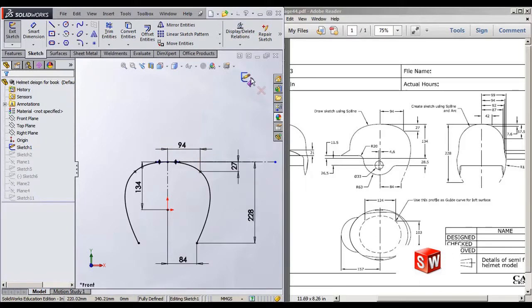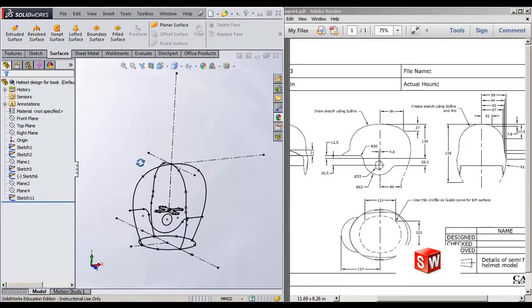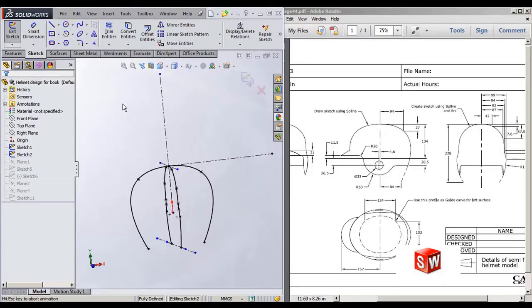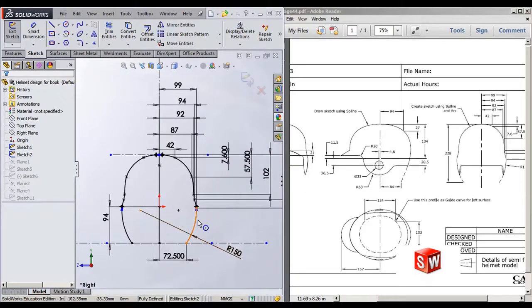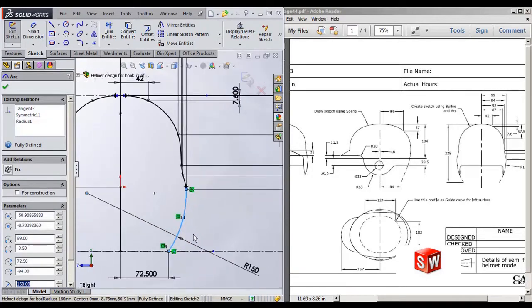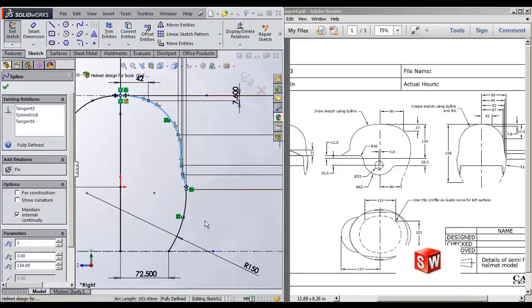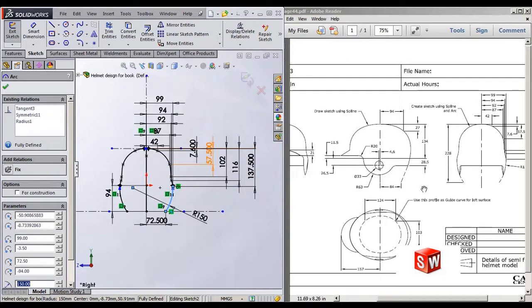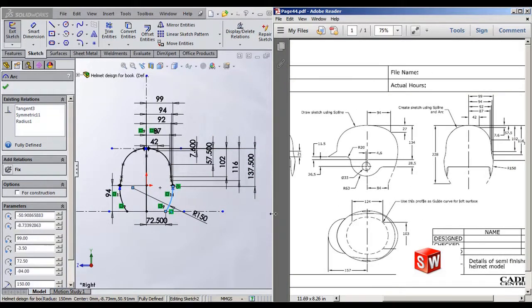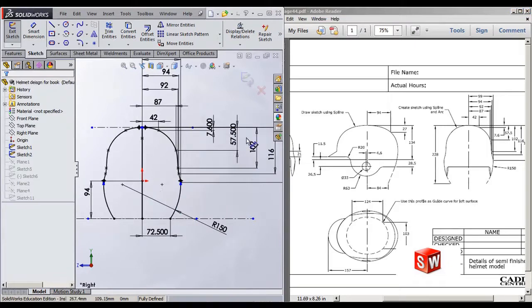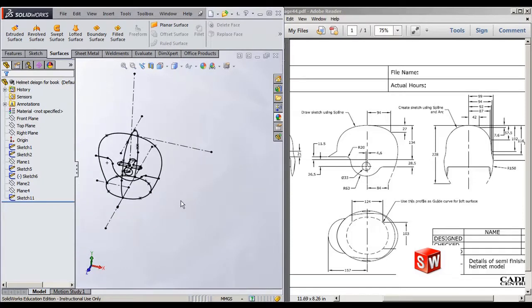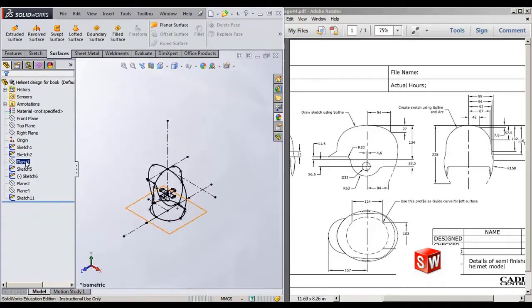So once this is done, once this is finished, we will create the next set of sketches. Here you can see another profile using the same spline command. Here this is a spline, and here you can see this is an arc. So the entire arc is created, and the dimensions given here are the same as applied here to create this. Once this is created, click OK here, and now we created another datum plane here at